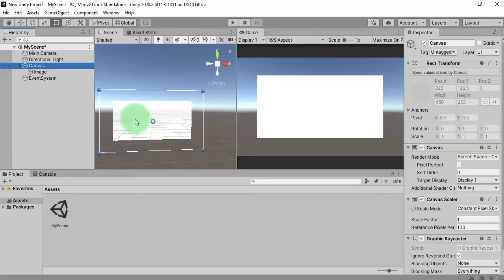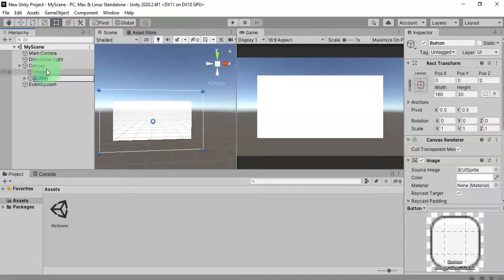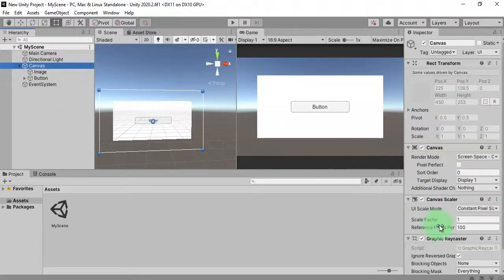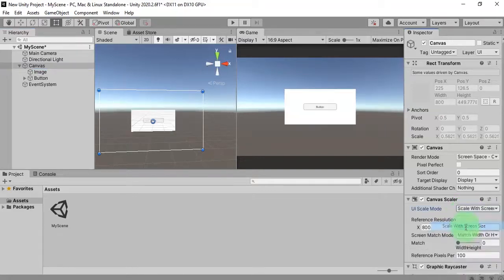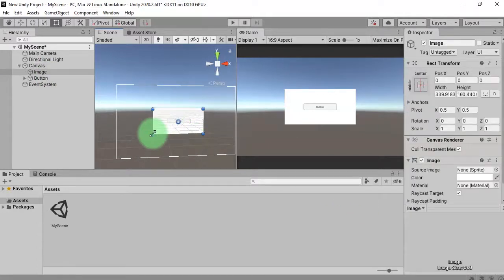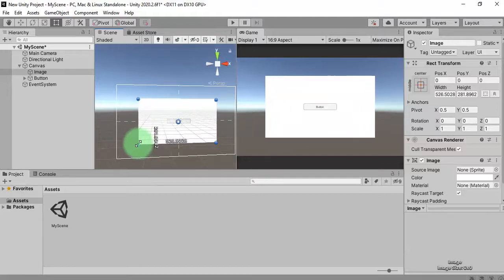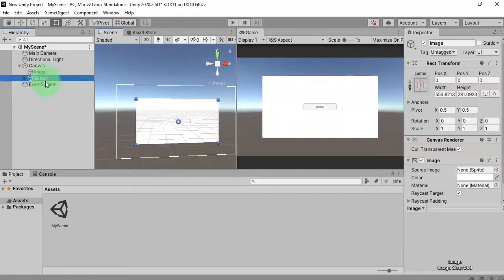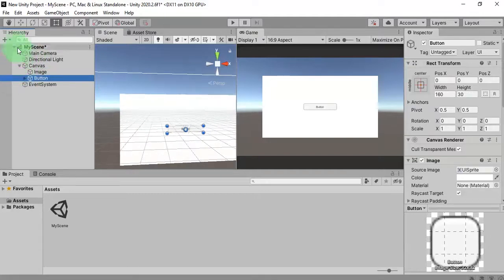Button. Okay, this is our first button. I will set the size of the canvas. The scale mode, I will set it to scale with screen size, this way, and let me make the background bigger. And here is my first button. I will place it